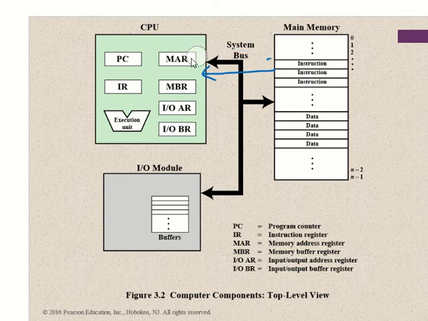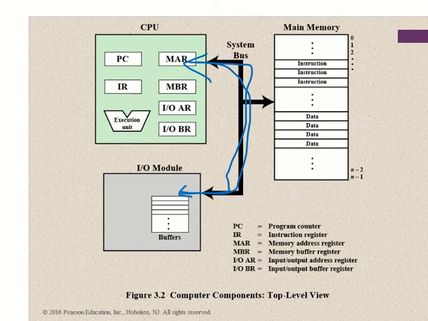The system bus carries the data. This is what I said, that the system bus is 2 directional. So maybe it comes from here to here, or from here to here. Okay, so this is the idea of processor to memory. And another one, the second action, processor to IO. Fine. You have the system bus. So the data may be transferred from processor to IO, from here to here, or from IO to the processor. Can you get the idea?